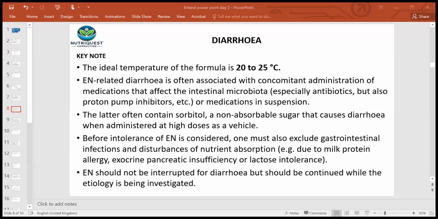Omeprazole or esomeprazole? Yes. So that one is usually the common victim, omeprazole and esomeprazole. They are the commonest ones that you need to check. So you see now, those are also things that you need to really be checking